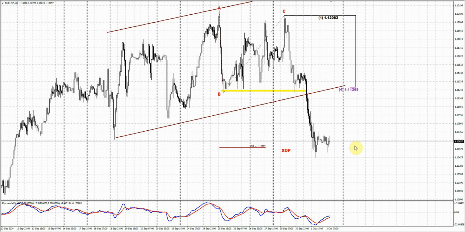But yes, the trading plan has worked perfectly. We got the downside drop back to the XOP. Here we said to consider short entries on a minor pullback. So everything was just fine. Now, if you would like to take a short position at the current point, it makes sense to wait for a bounce and see what will happen.